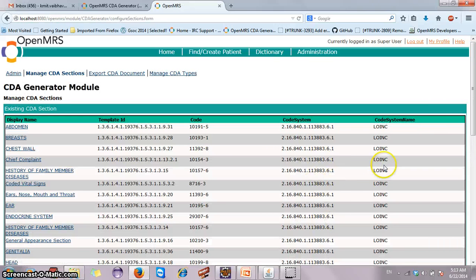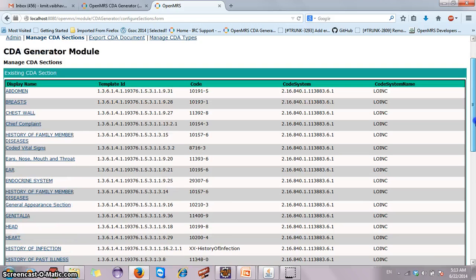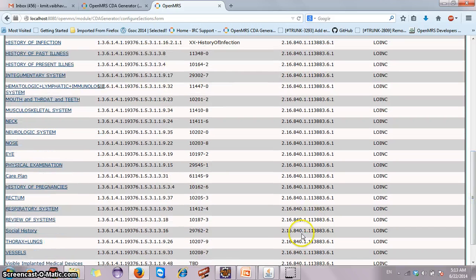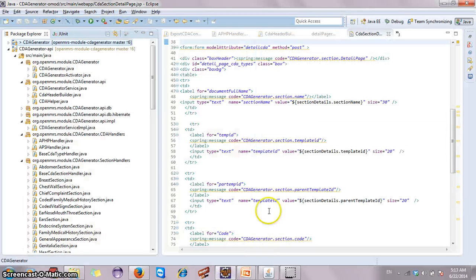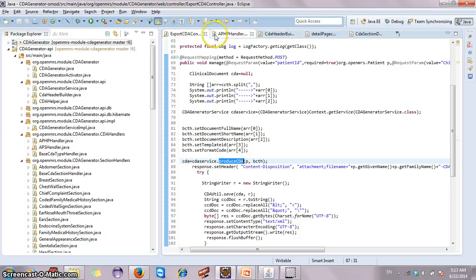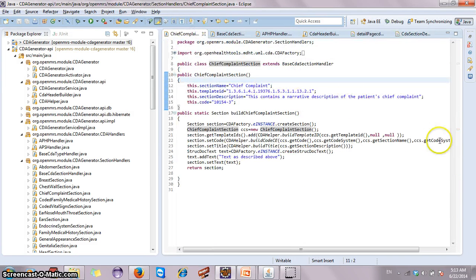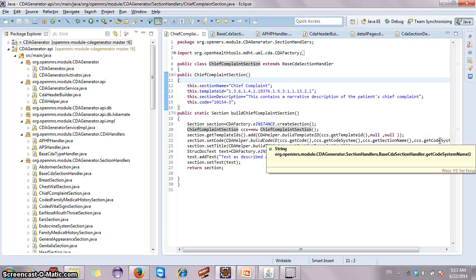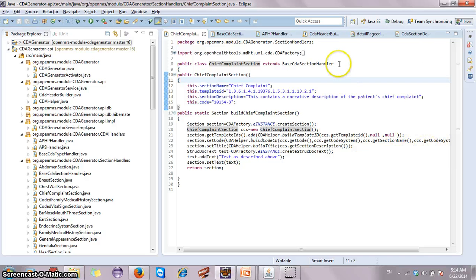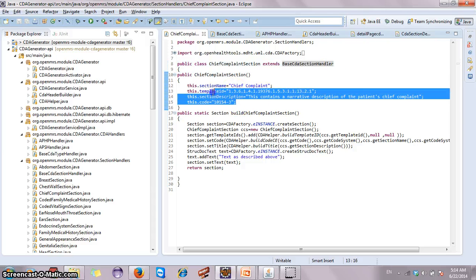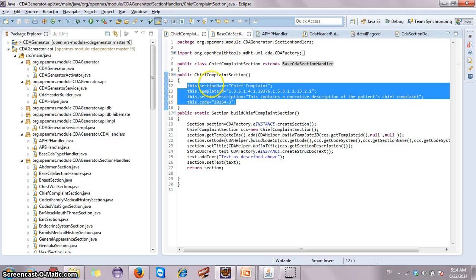This page consists of all CDA sections that exist in our module. So whenever someone creates a new section class by extending base CDA section handler, then the details of that section gets populated on this page.